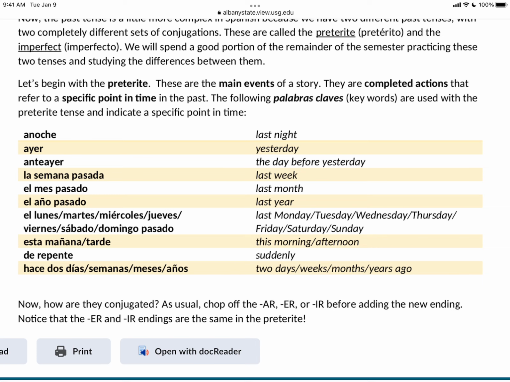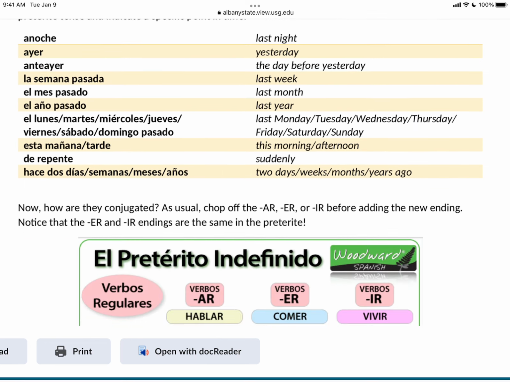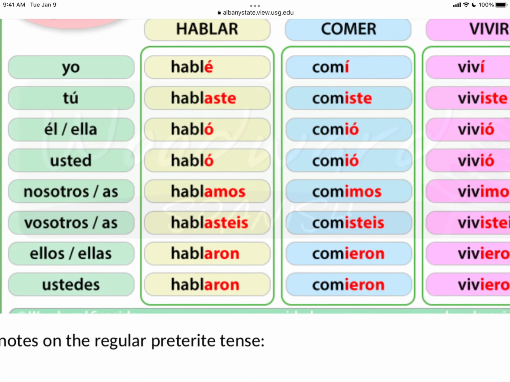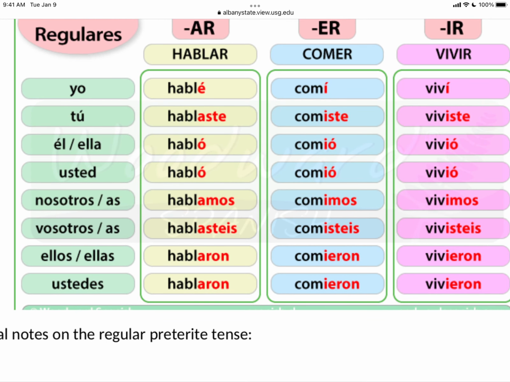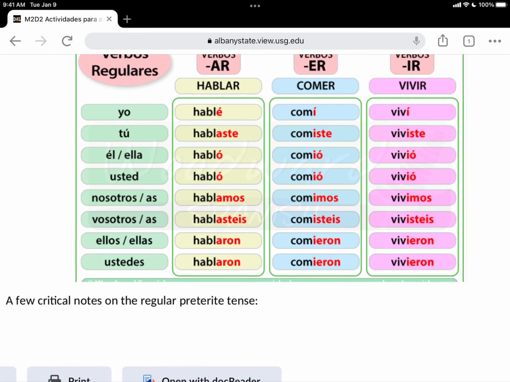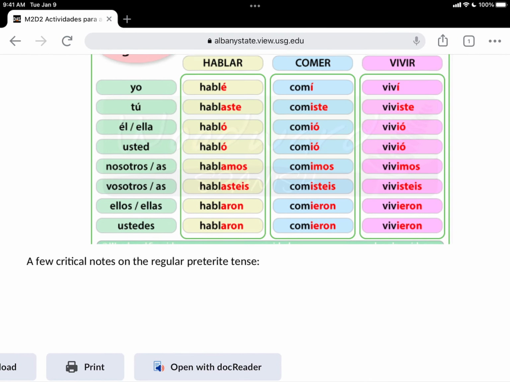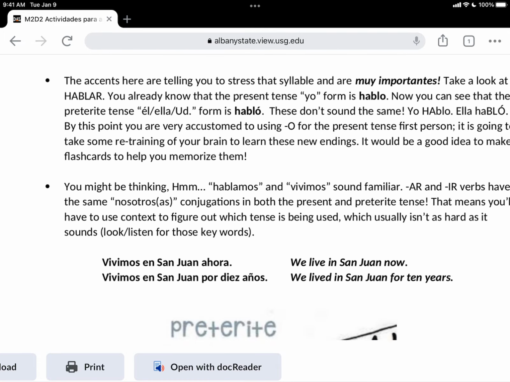So these are some common indicator phrases that show us that it's in the preterite, especially when we're talking about that nosotros form where it could be confusing, like hablamos hoy, today, or hablamos ayer. So we talked today, or we will talk today, or we talked yesterday, ayer. That will be a big difference in meaning, won't it? Okay, so I did forget to go over that. Let's go on to